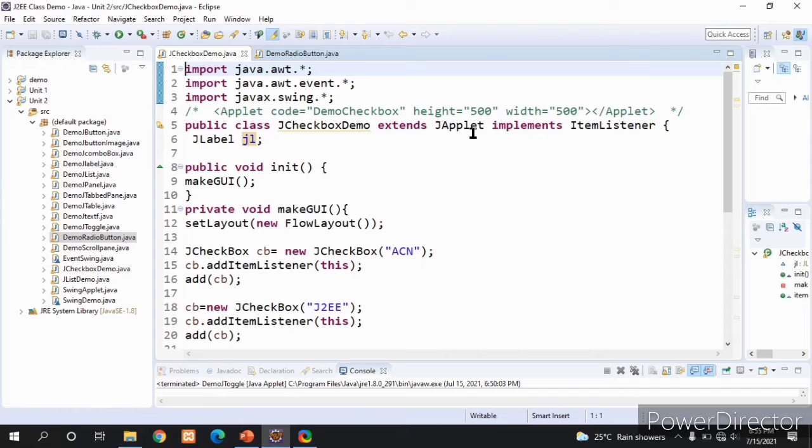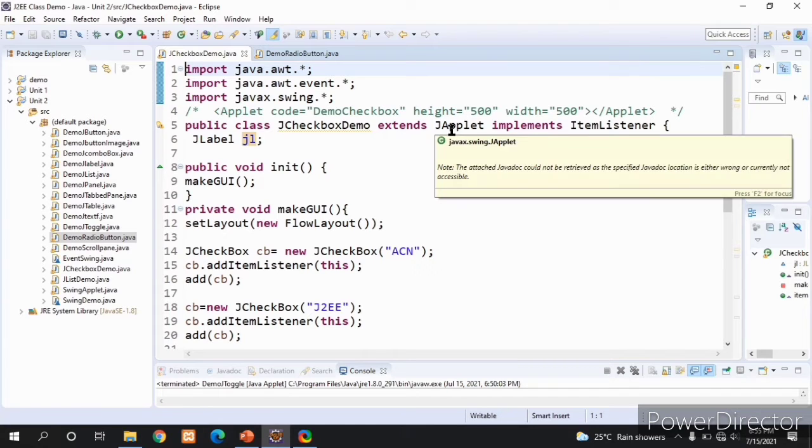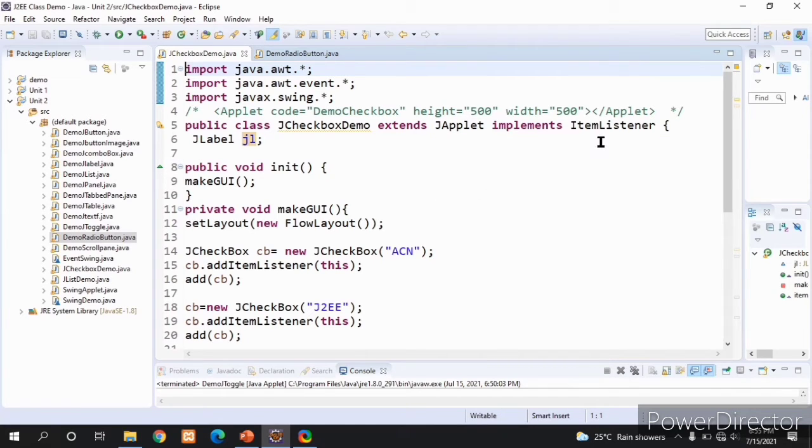We are writing a JApplet here. I am writing the JCheckboxDemo class and I am extending JApplet which implements ItemListener. Why? Because JCheckbox generates an ItemEvent. We need to handle those events, so we are implementing the ItemListener interface.